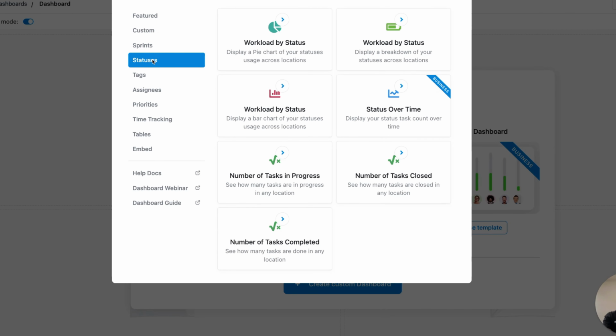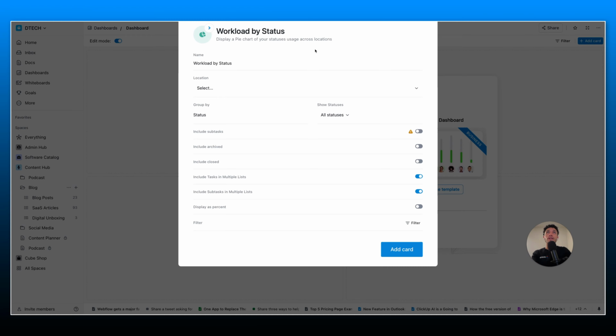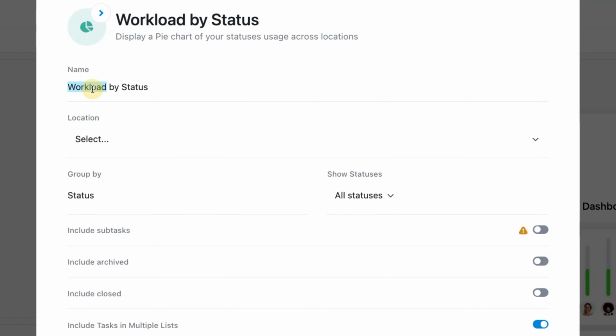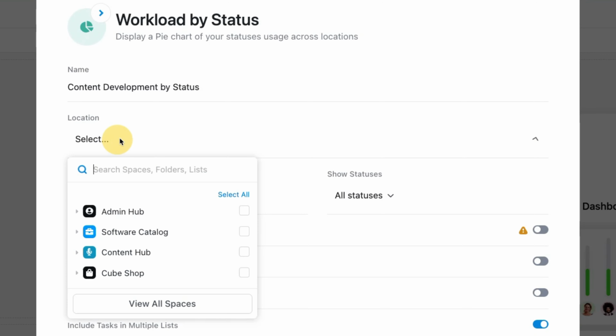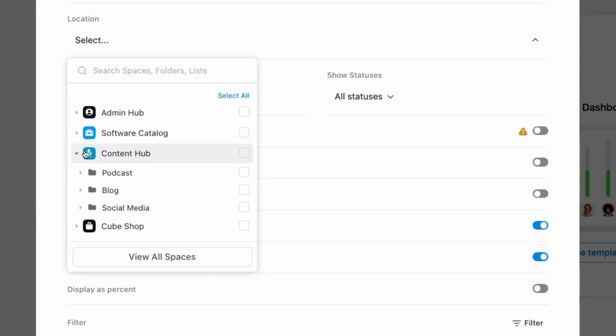Let's say I want to track the status of all the content that I'm developing at this point. I'm going to start with a pie chart. So I click Workload by Status. I can call this, instead of workload, let's call this Content Development by Status. And then I want to select the location that I'm going to pull this data from. Now, what I love about this is I can expand my Content Hub, that's my space within ClickUp,